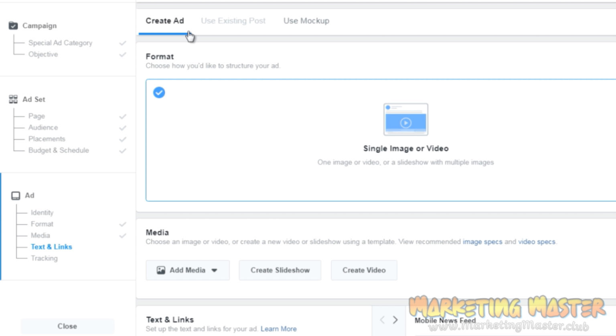Now, you can also create an ad just to test different images separately from your post by simply adding the images here, and then down here, adding the text and adding the links. Now, remember, because we are simply sending people to images with quotes on them, the text that you might want to add is something like, hey,